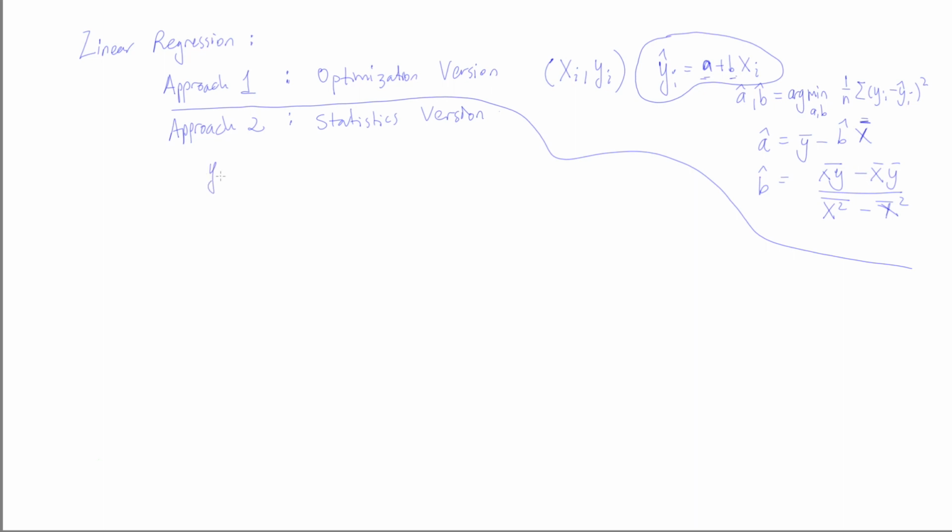Okay, the statistics version says that yi equals a plus b xi, plus some noise, epsilon i. Okay, and the idea is that your data is going to be generated like this. The blue line is the true line, but there's always going to be some noise. So this is the error term,